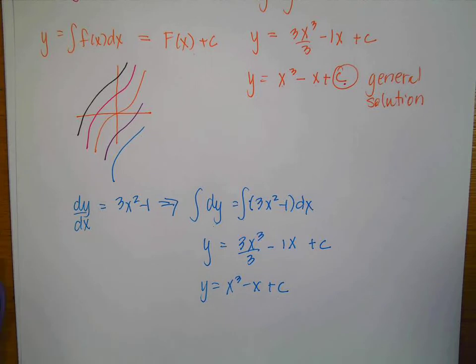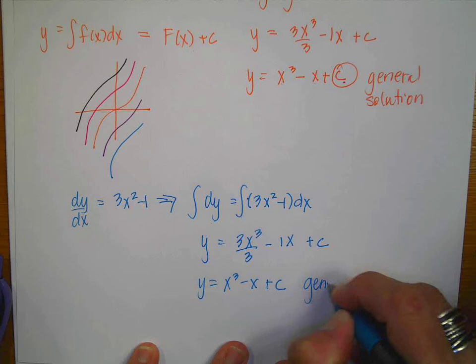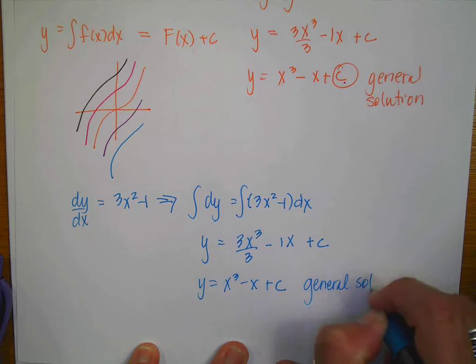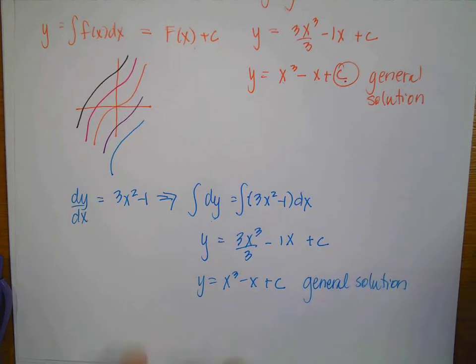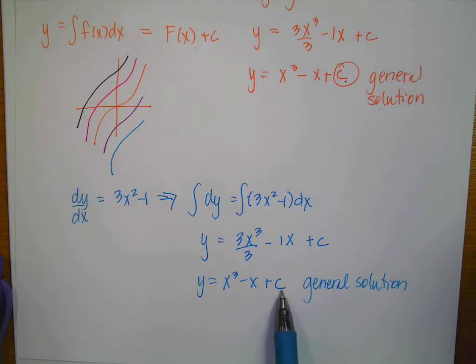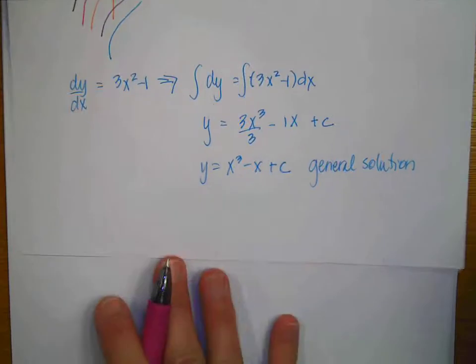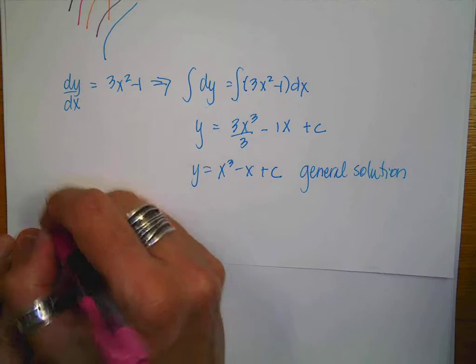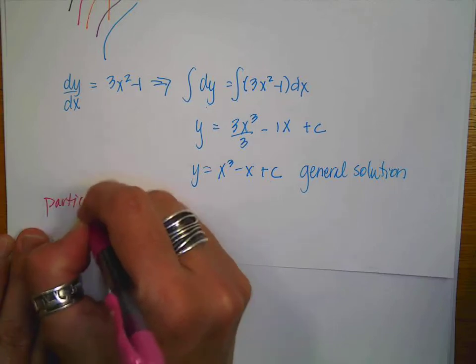Let me write that down just to make sure that you have it. This is our general solution. And remember, technically what that means is that I have a family of solutions all differing by a vertical shift. The next application of this would be a particular